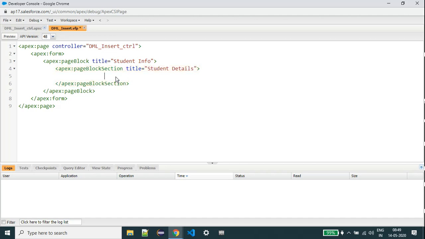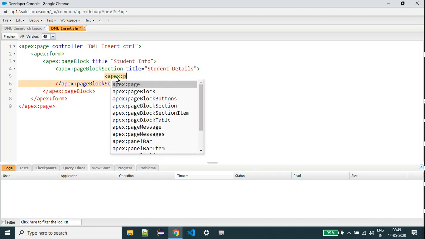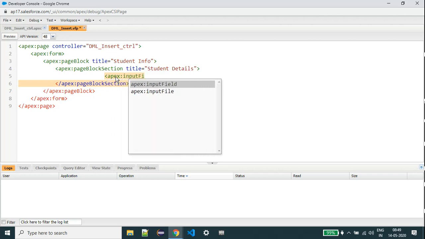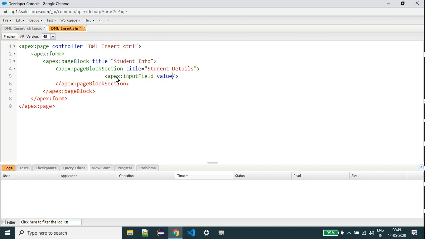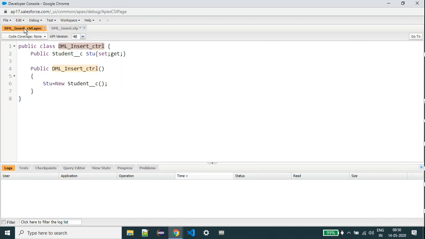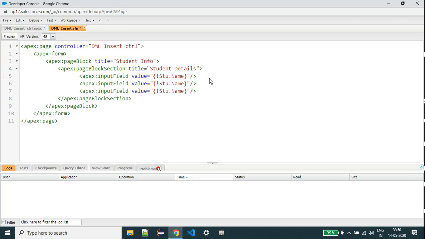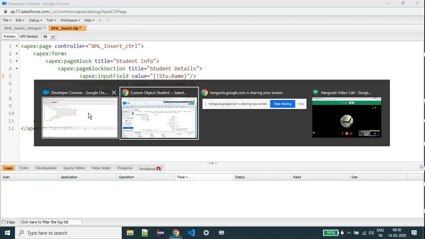In student details, first we have to display using the Apex input field value. Sorry, it is lightning v dot. So now I'm going to take student dot name. This is the first name API name. Then last name, date of birth, and any other field, gender, we are going to take.